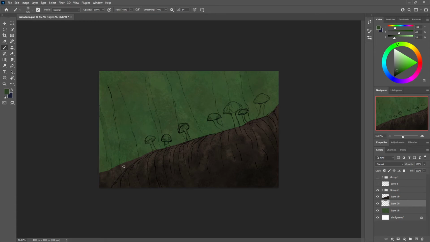This tree is quite small compared even to the mushrooms in front, which appear much bigger than it, but I'm hoping to imply scale by showing it as very light in color. It is just a barely there green shadow against the background, and that should hopefully not make the scale very confusing. It's just further away,